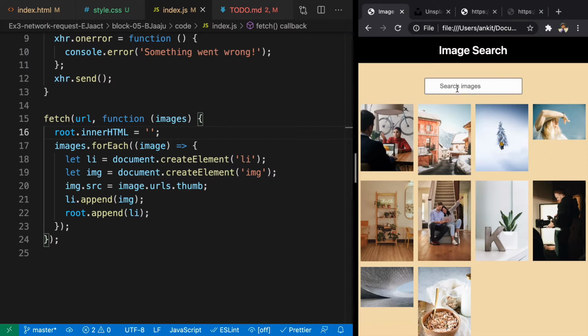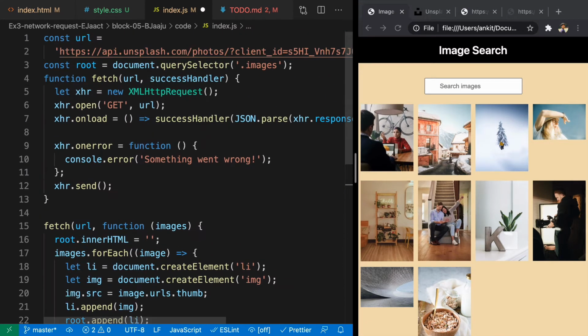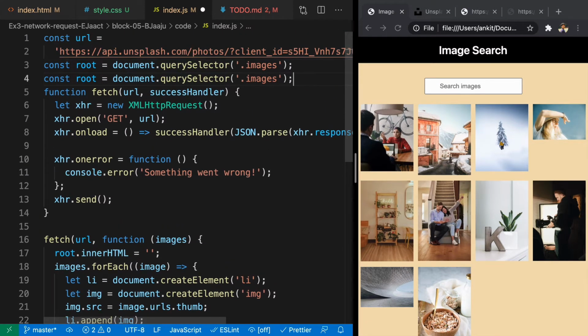The only thing we need to do now is whenever you search for anything, I need to fetch some data. So it can work in multiple ways. You can search on each keystroke, or you can search when user presses enter. And that is what makes sense to me. So what I'm going to do, I'm going to select the input element similar to how we have done it here.